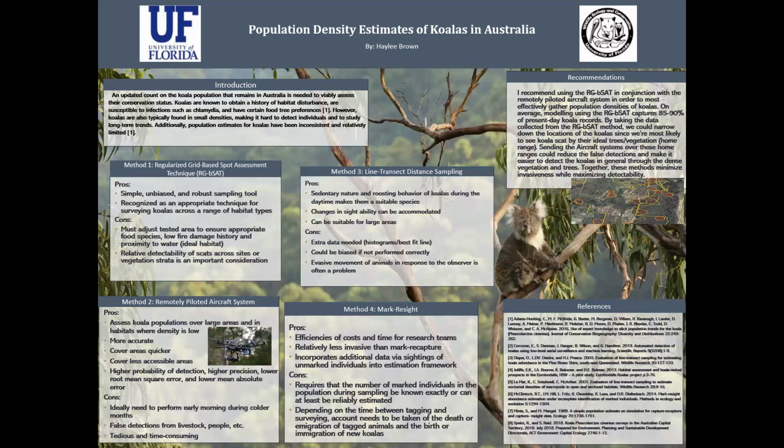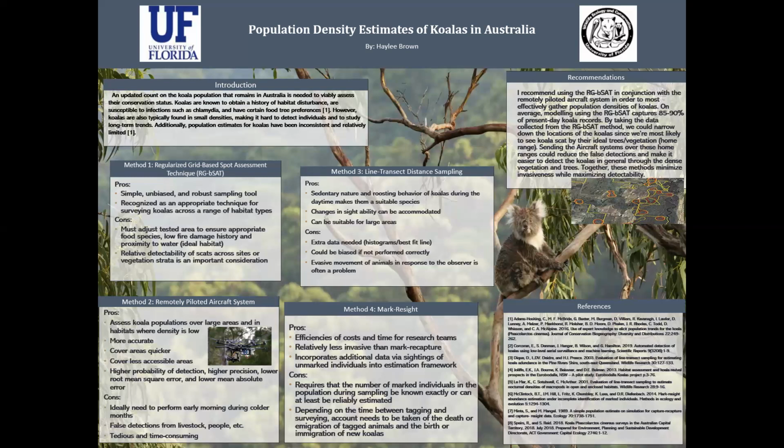My recommendation for this population density estimate is going to be a combination of the regularized grid-based spot assessment technique and the remotely piloted aircraft system. The regularized grid-based spot assessment technique captures 85 to 90% of present-day koala records. Therefore, by taking this data collected, we can narrow down the locations of the koalas,